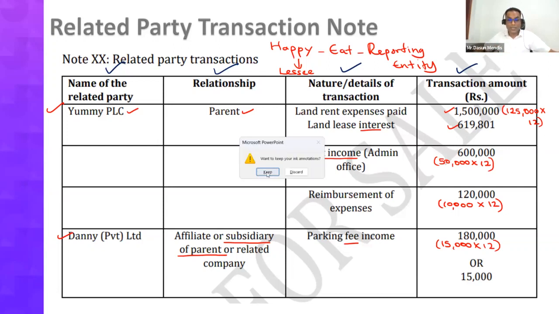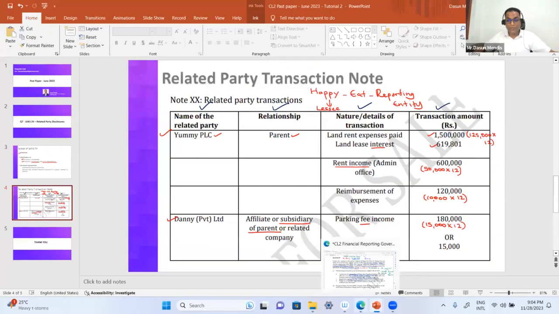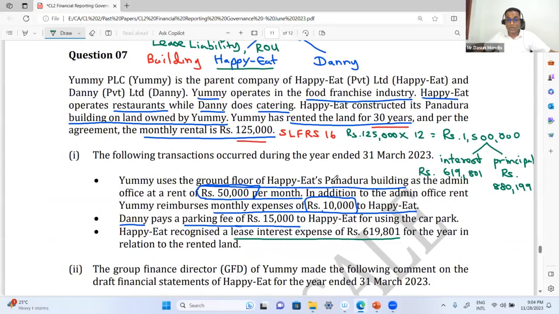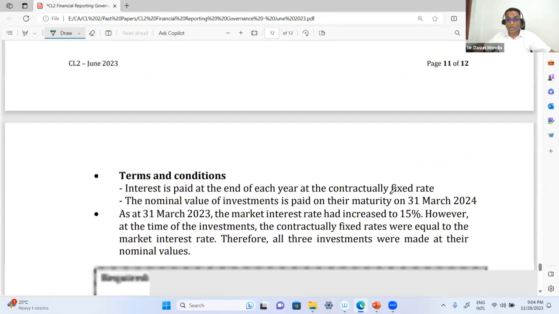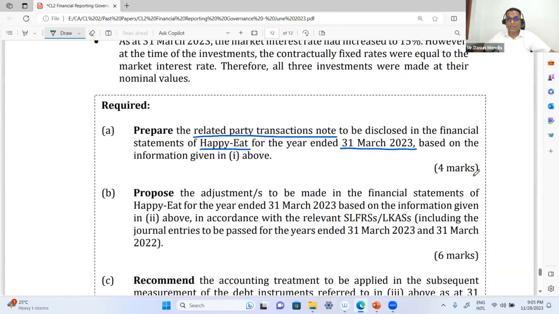Always ensure that you keep track of the time, because even though I spent a lot of time explaining the answer to this question, remember it is only 4 marks. So the time you have is 4 marks into 1.8 minutes per mark, which means just 7.2 minutes to answer. So that's the challenge. Right?